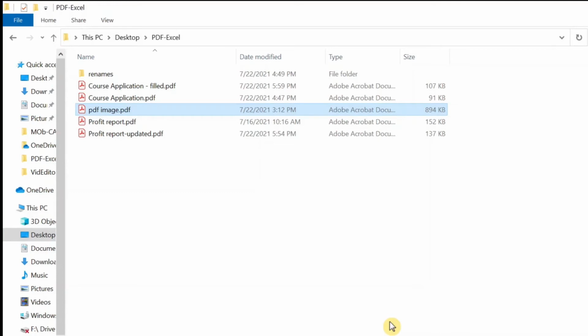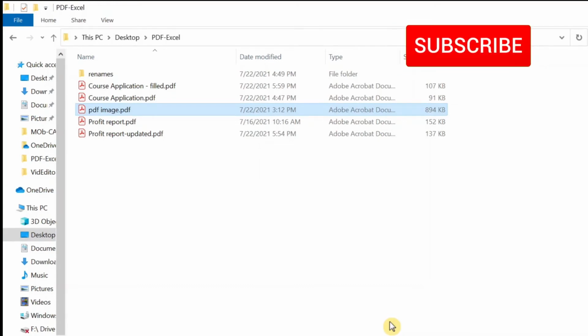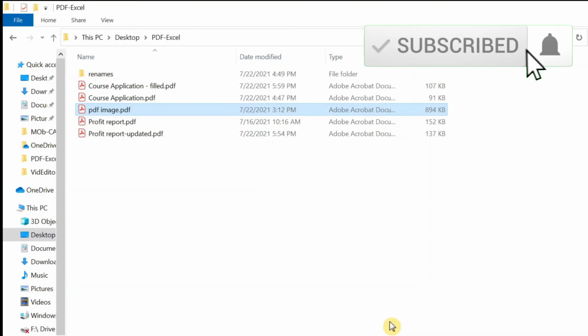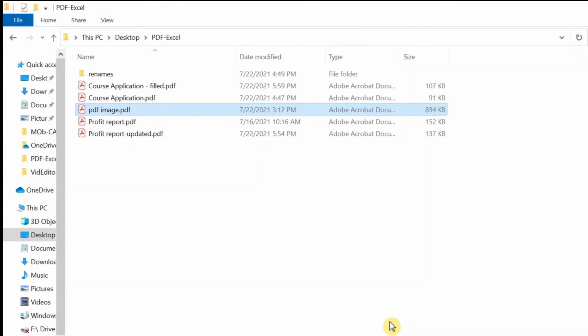So if we want this document's data, the better option is to upload this file into the